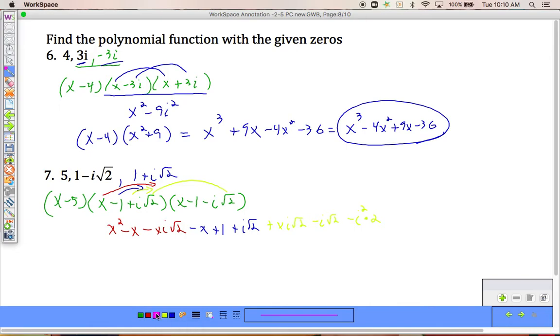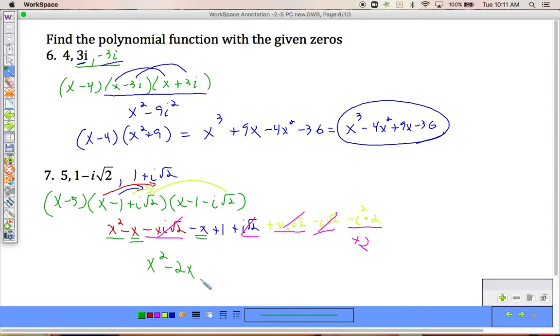For this to work, everything that looks ugly has to disappear. Cancels. i square root of 2 minus i square root of 2 cancel. All right, back here, negative i squared times 2, that i squared is going to change my sign, and that's going to end up with a plus 2. So now, x squared